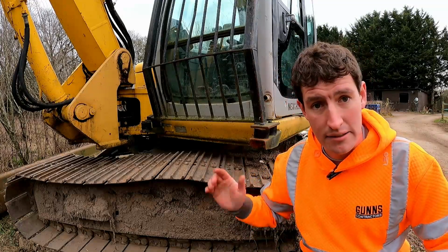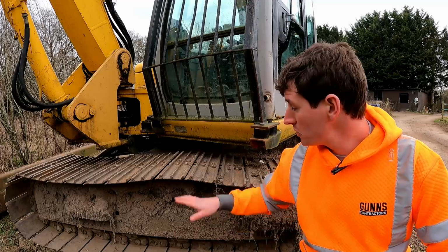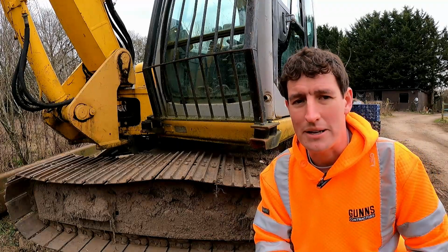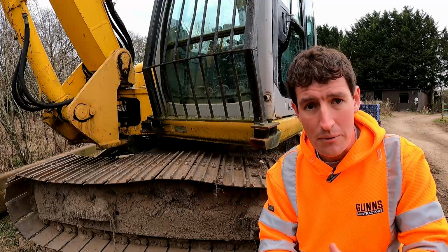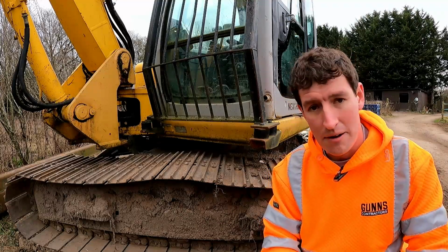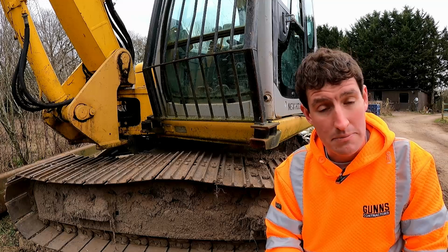Now this is an 8 ton machine here. This is on metal tracks because of the application, the types of work that it does. You could of course fit rubber pads to the top of these. They bolt on with the standard pads. So there are a multitude of ways of doing it. A lot of Cat machines have those tracks as standard. So there are ways of having the best of both worlds, but that's the basics of it essentially. However, this machine's a lot easier to talk through the different components of,